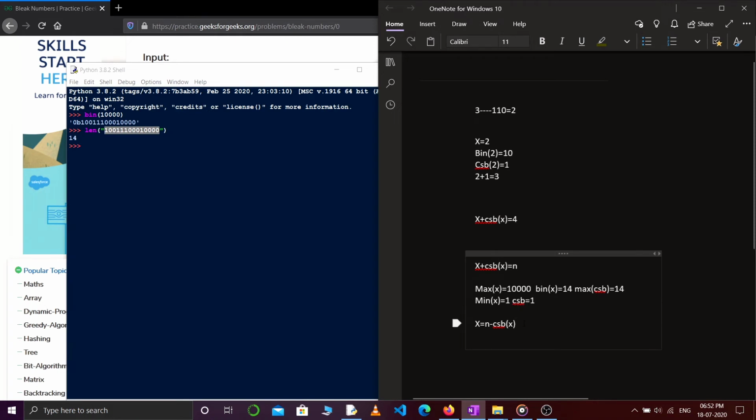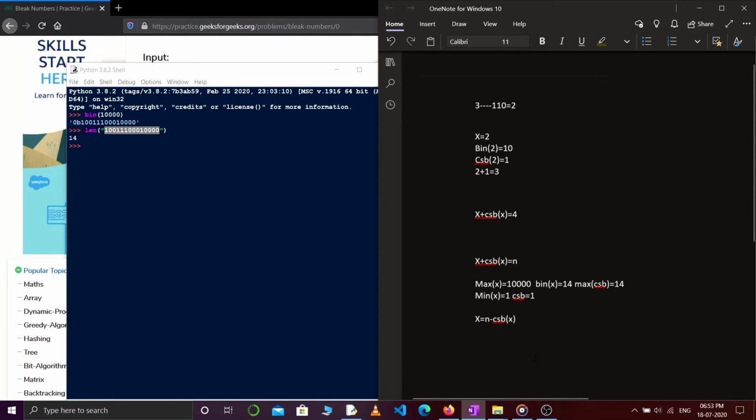So we just have to check in the range n minus 14 to n minus 1. Only up to this range do we have to check for x. If it satisfies this condition, then we will say it is not a bleak number, otherwise it is a bleak number. This is the solution for this problem statement.